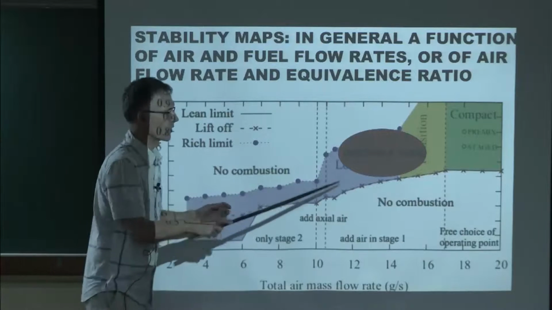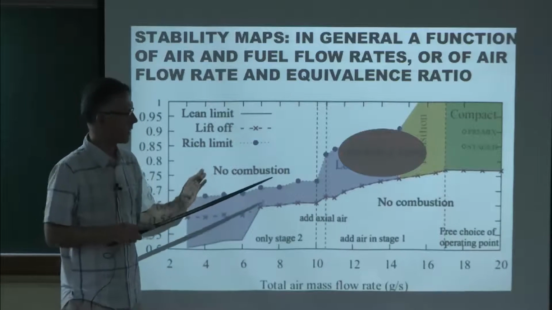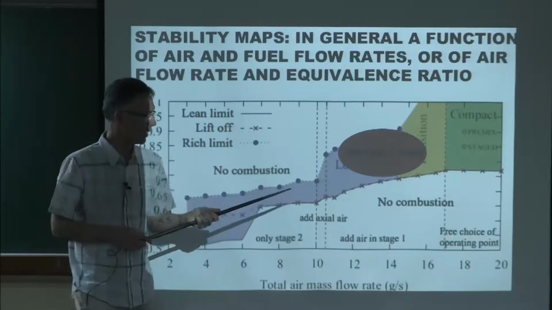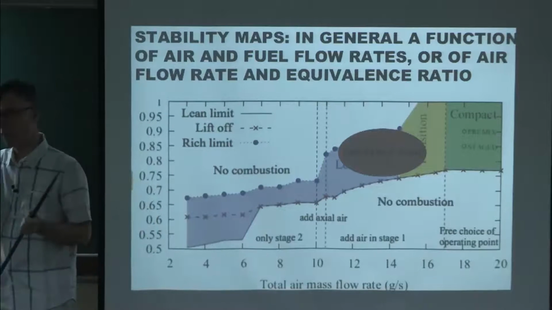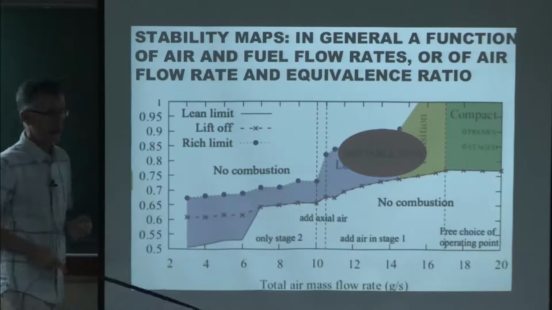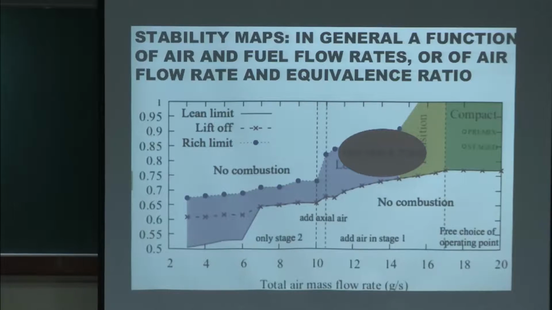These unstable zones can have any shapes. You can have many unstable zones. You never know beforehand how these things are going to look. It's actually the major problem for industry: to be able to predict these unstable zones, before you build the engine, to say, okay, if you go at this speed here, you'll have a problem. You have to realize that these unstable zones can be a major headache.